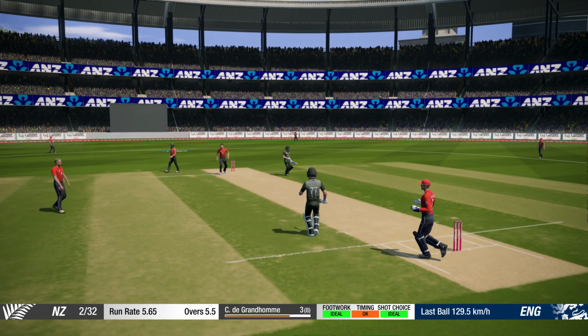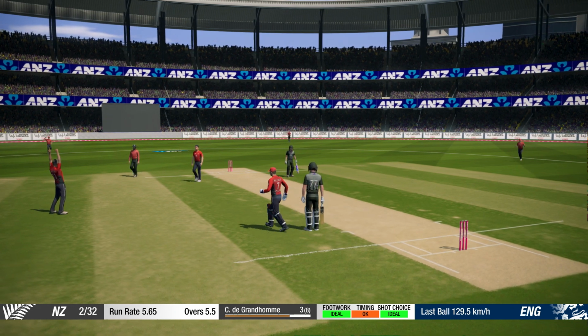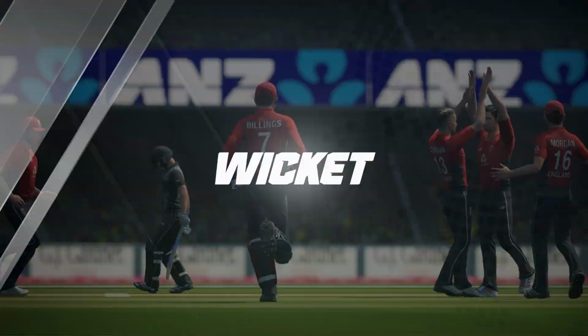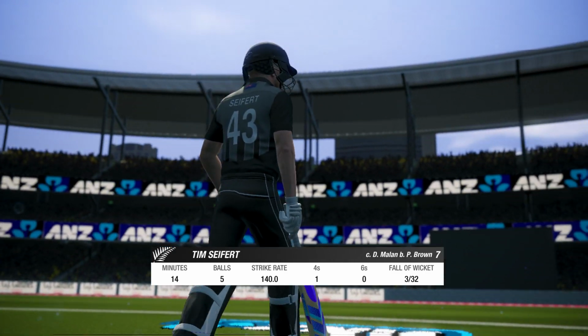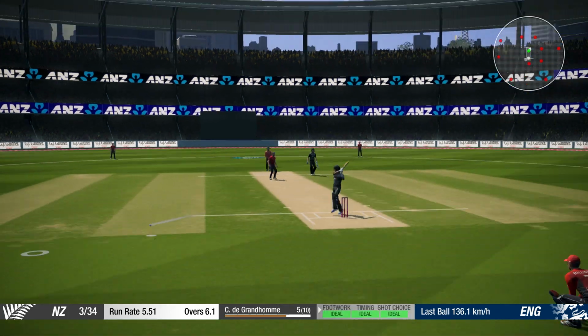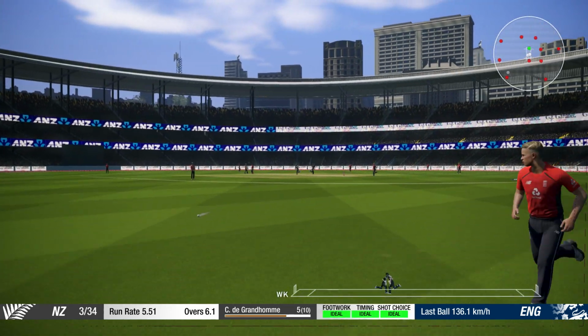After hitting a boundary, they always try and go again, and it just hasn't worked. They've got out. It's the third time that's happened. Seifert departs for 7, caught by Milne. New Zealand 3 for 32, in a bit of strife here, as Taylor moves out to the crease and plays